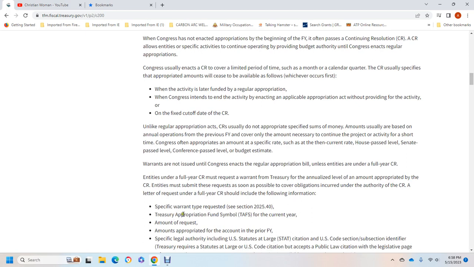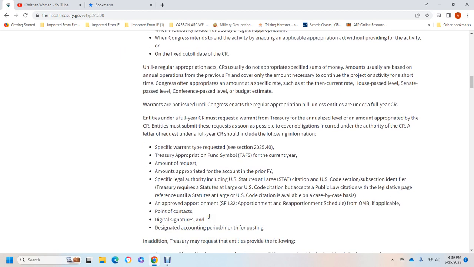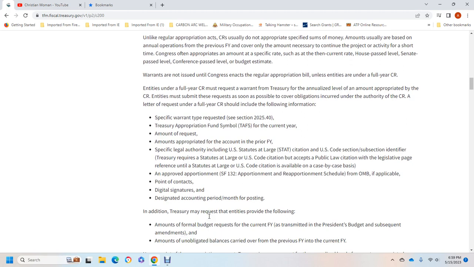requested, Treasury appropriation fund, appropriation request of the account with the prior fiscal year, specific legal authority of the U.S. Statutes at Large and citation, U.S. Code section, subsection identifiers, and approved apportionment, point of contact, digital signatures, accounting period, month of posting, and